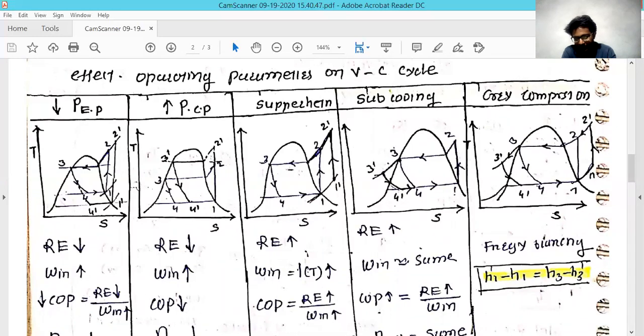So in the second condition, it is also in the superheated condition, and the outlet of that compressor is also at the superheated condition. So here we cannot see the work vary much due to the pressure. But as we know that the specific volume of